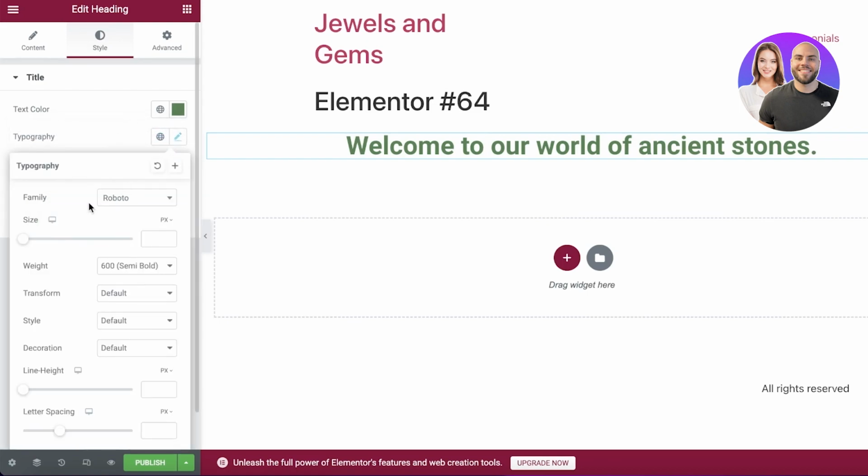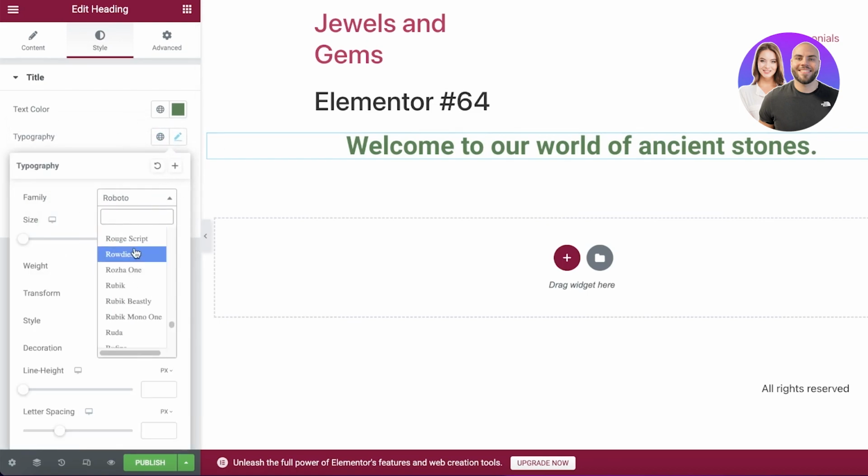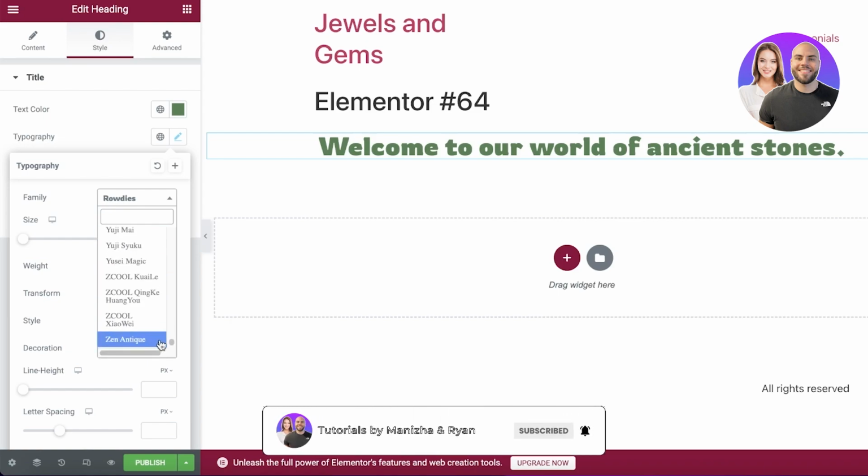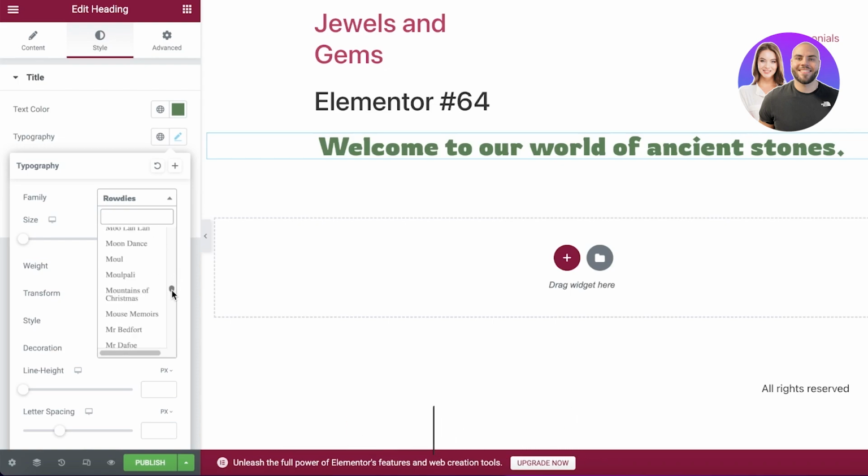Then you also have your typography, so you have multiple different fonts available, and you can choose a font according to your website. So I'm just going to scroll down and browse some of these fonts to see which one I think would suit my business the best. I'm just taking a quick browse through the fonts. You can see you have so many different options with Elementor, but I think I'm just going to go with